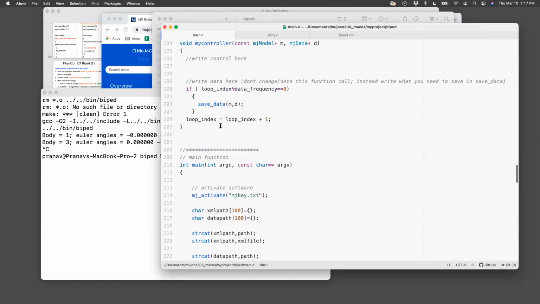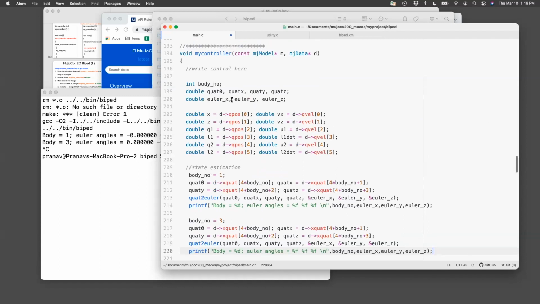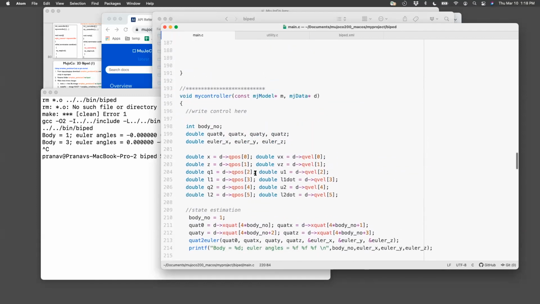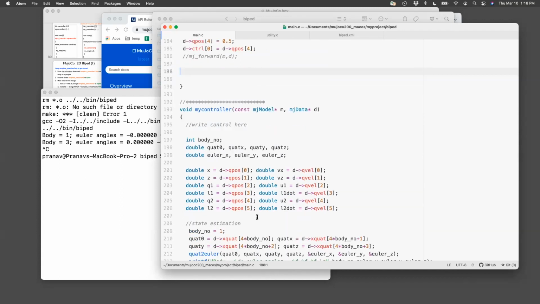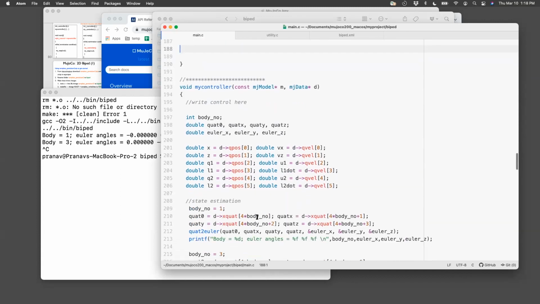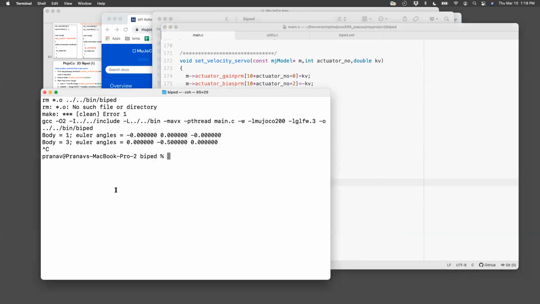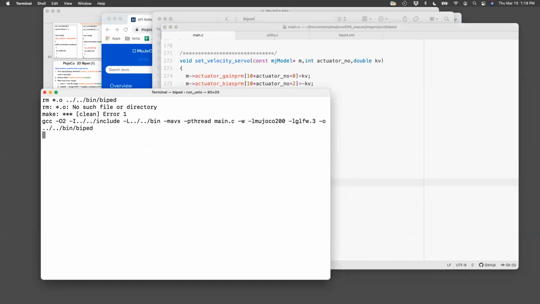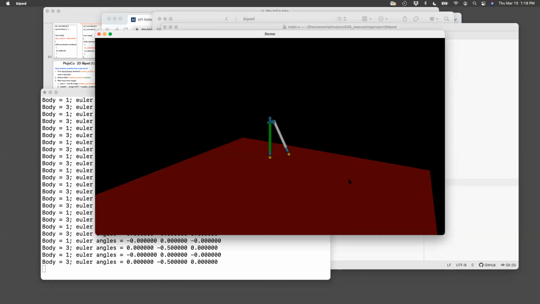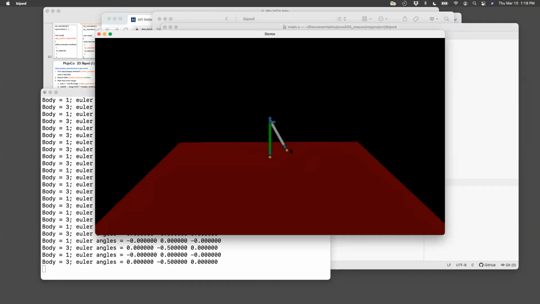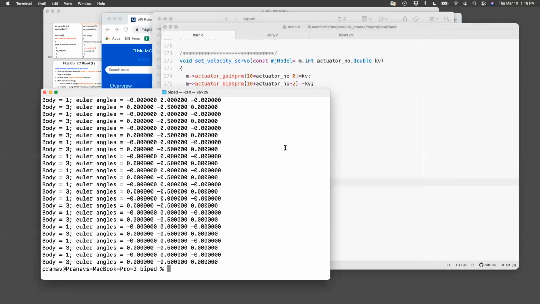Let's move it right here. Now this part we know is called every integration time step. This one will set the initial position, but this one will print it. It is executed in my MJ step, so it's already in, and we don't need to call MJ forward. Let's just see what this gives. It'll continuously print the values, which is no surprise. You can see that body 3 is minus 0.5,